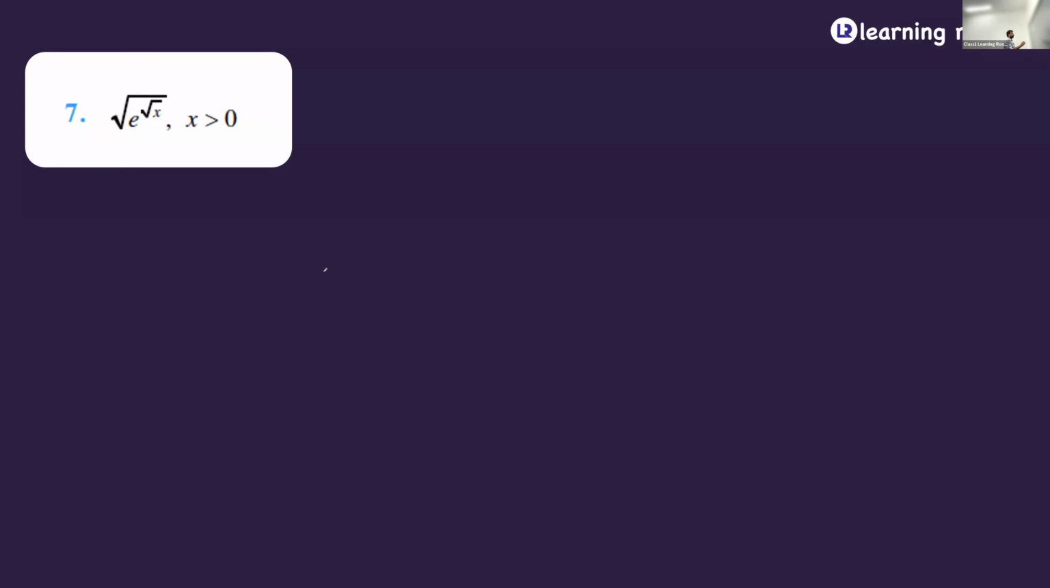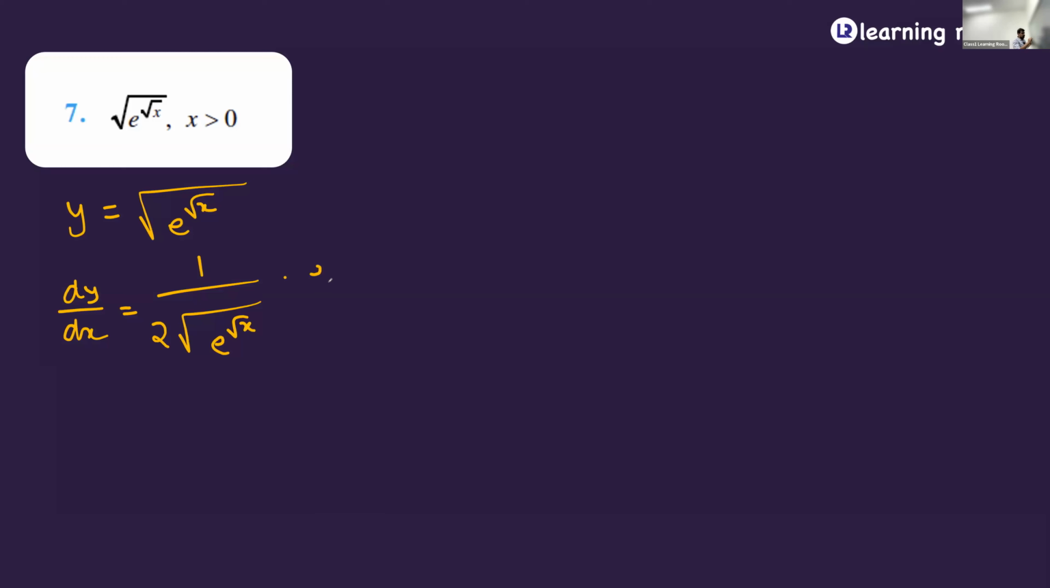See, seventh one. y is equal to square root of e power root x. So how many times are we supposed to differentiate? First is for square root, second is for e, and the third is for the other square root. So what is dy by dx equal to? Derivative of square root is 1 by 2 root of that value. So 1 divided by 2 root of e power root x into derivative of e power root x, which is e power root x into derivative of root x is